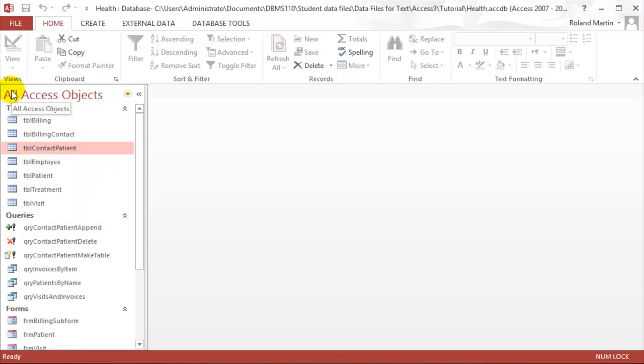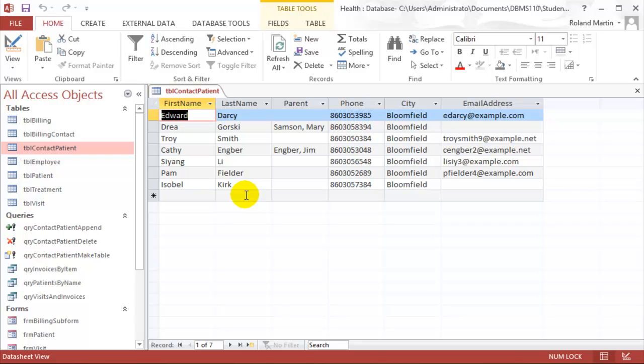And let's open up our contact patient table to verify that those records have truly been deleted. As you can see, we are down to 7 records, and we no longer have any of our Windsor records available now that we've ran our delete query. That completes that section for deleting the delete query. And the next portion that we're going to complete is adding the new contact comments field